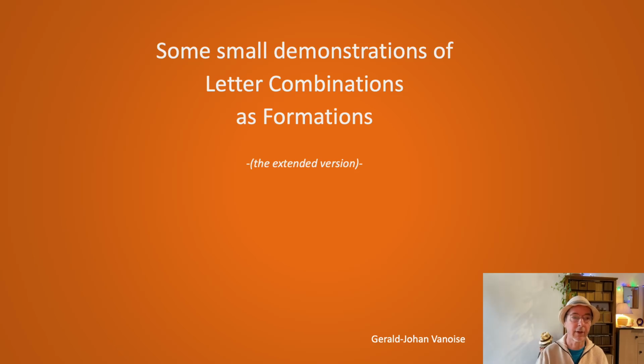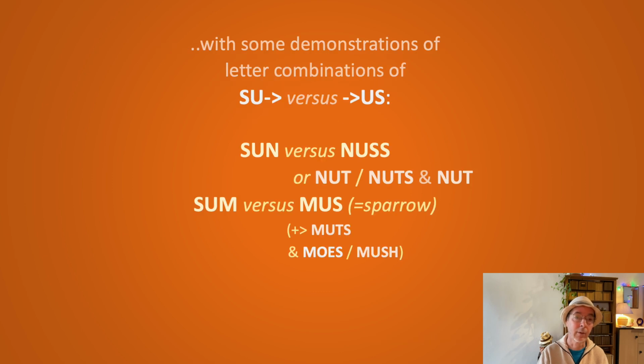This is Gerald-Johan Vanoise with some small demonstrations of letter combinations as formations. With some demonstrations of the combinations of letters with S and U, or the opposite with U or NS. With two examples that are completely the opposite as letter combinations, and they of course will mean something completely different,